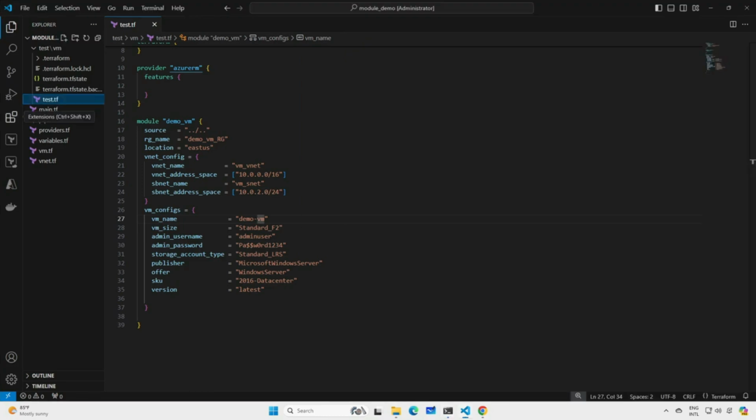So in this video, what we have done, we have created a module and we have called this module from the local machine only. In the next video, we will push this code inside the Azure Repo, and then we will update the source block for the Azure Repo URL, and then we'll run the